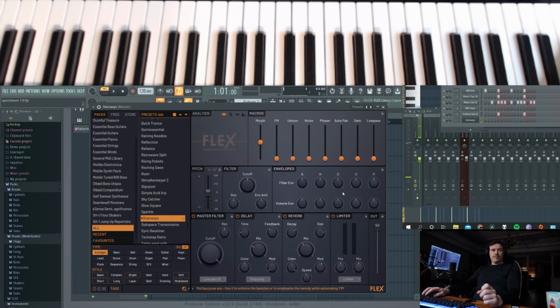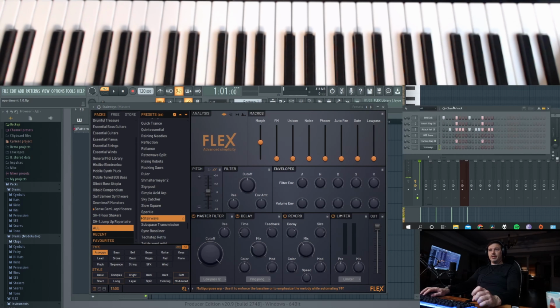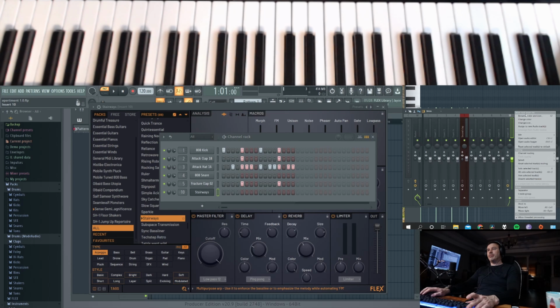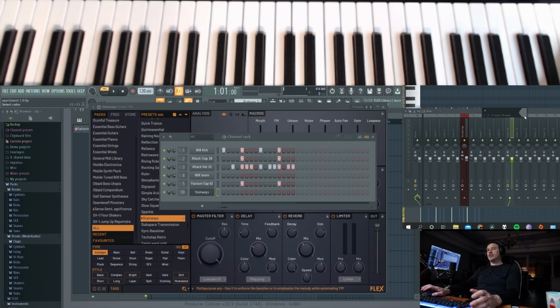Okay, so again, we don't have a number on this. Here's my rack. This is going to be the new Flex, the stairway. Like I said before, I'm going to put it over 10 just to give us room if we want to add more drums before we move on. So it's called stairway here. So 10, we can rename it. I'll just go melody